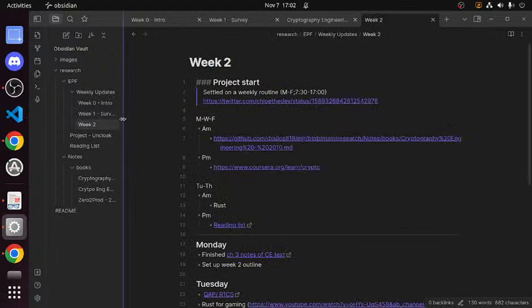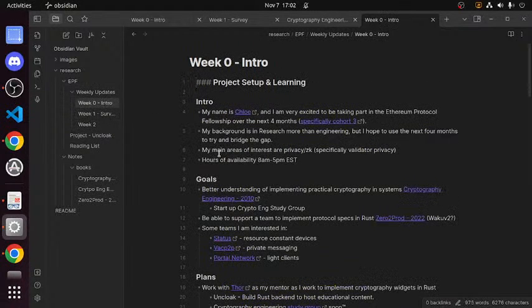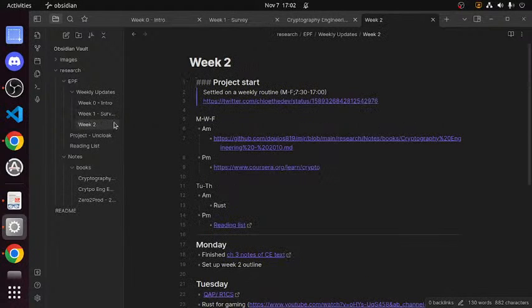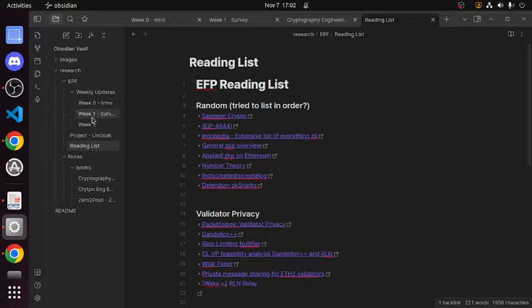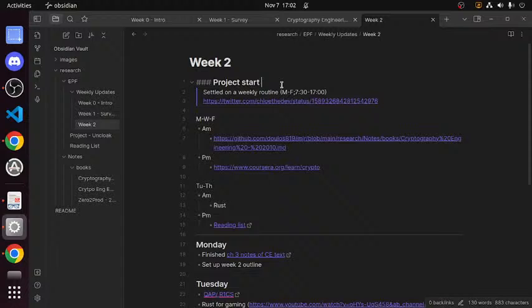Anyways, this is what I have so far. Week 2, I'm not even titling them anymore. I'm just kind of going into the weeks. Calling it Project Start. I think I usually put the date. Oh, I have not been putting the date. That's kind of annoying, but that's okay. Project start, 07/11, 2022.